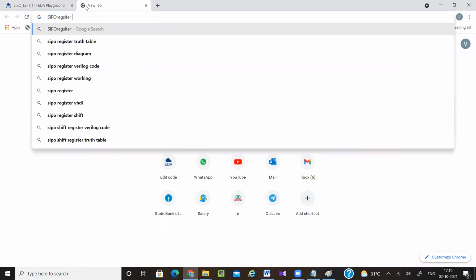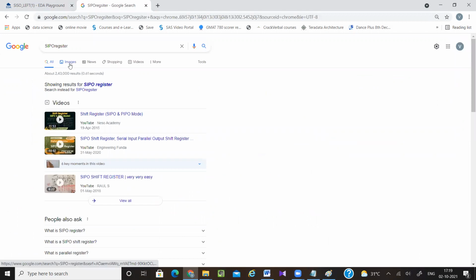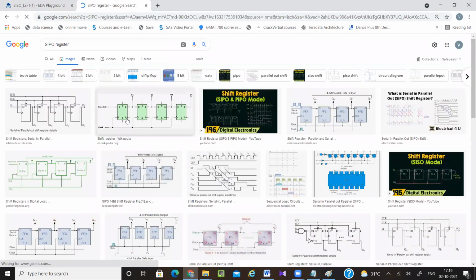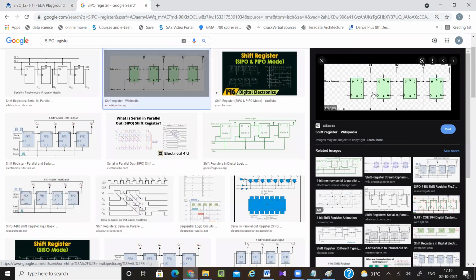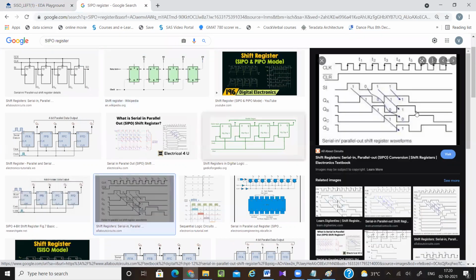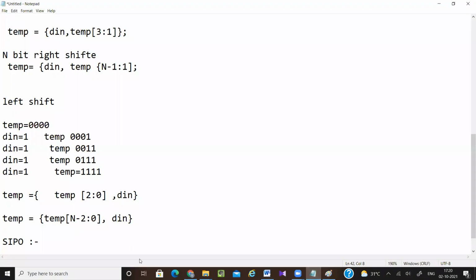So SIPO means output is 4 bits. SISO means output is 1 bit. Next, it is shifted serially, in the same manner I have explained. So if you understand SISO, then for SIPO, just instead of a 1-bit output, take a 4-bit output. From all the flip-flops, take the output. This is serial in, parallel out.